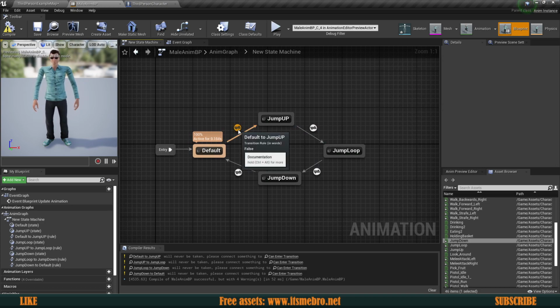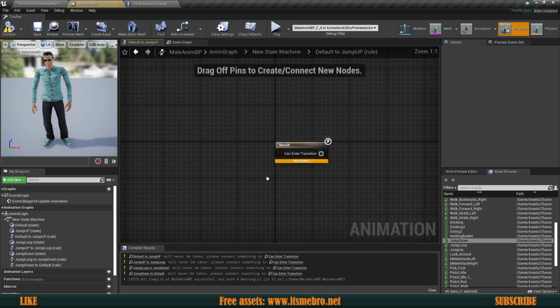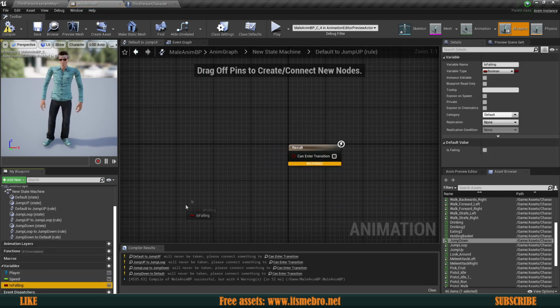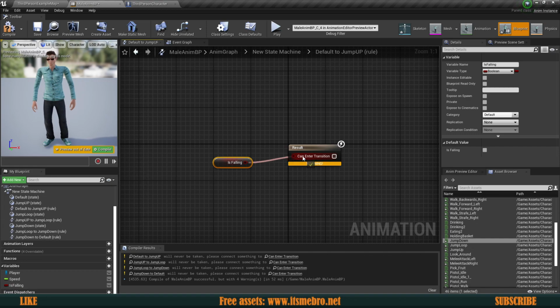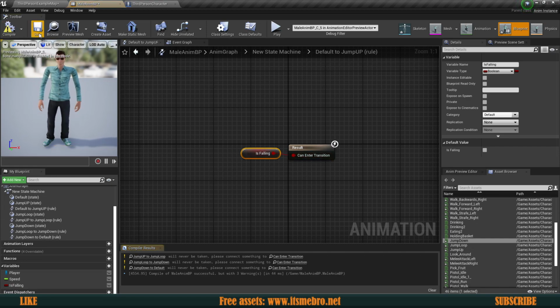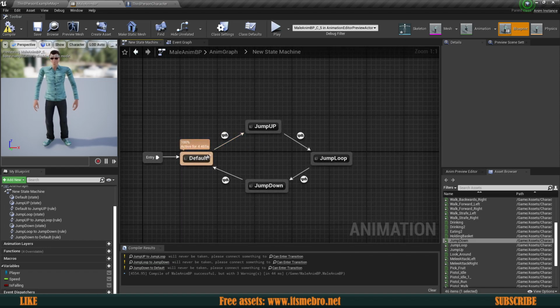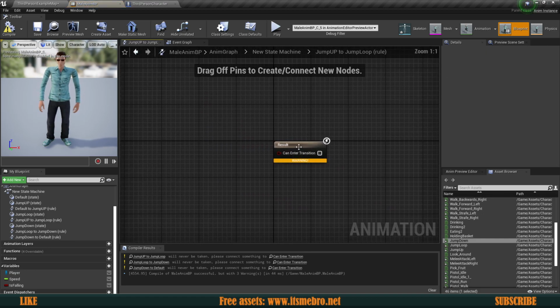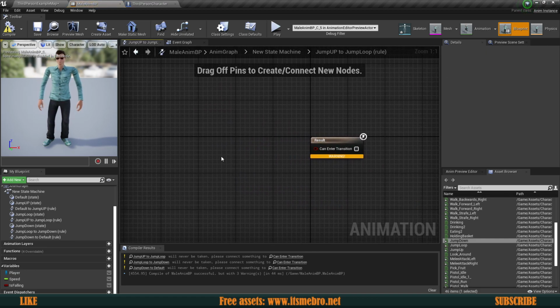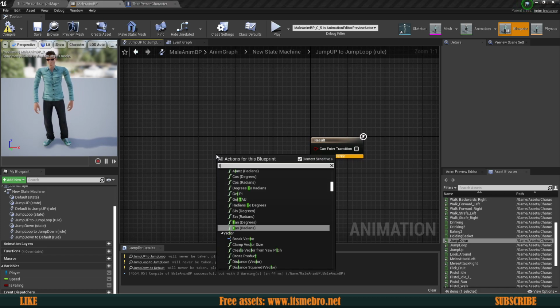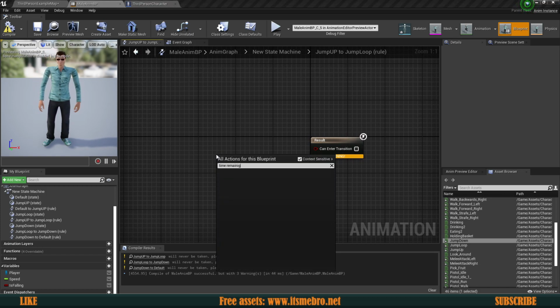So the first one is this one, our default. So from default to jump up, and this is our is falling. So we want to get that, and if we are falling, we want to go ahead and transfer to that animation. So we're going to be jumping, and it's going to transfer us to our jump up. Now we need to go inside of our jump loop while we are still in the air. Now over here, what we are going to do is right click and do time remaining